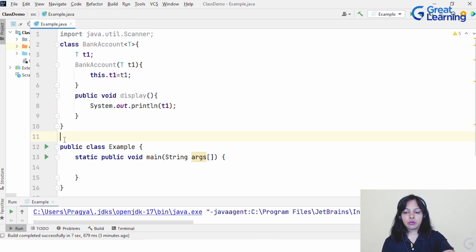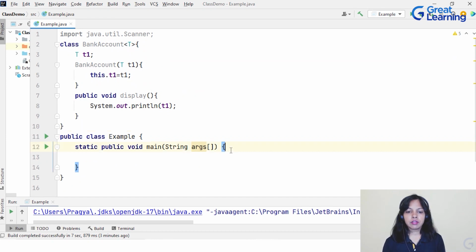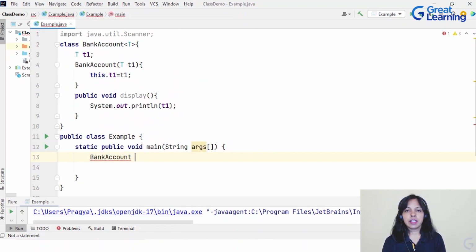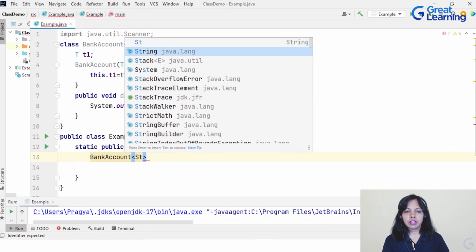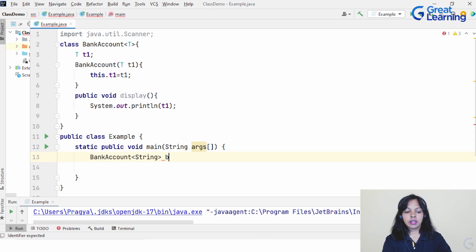Okay, now let's make use of these methods and constructor and everything. So to make use of it, first I should create an object, okay, of BankAccount class. Now, if I don't specify any type here, it is going to throw me an error because BankAccount class is linked with a type, right? So I should specify a type here. Suppose that type here for the first one I'm specifying is String, okay, and b1 is the name of the bank account equals new